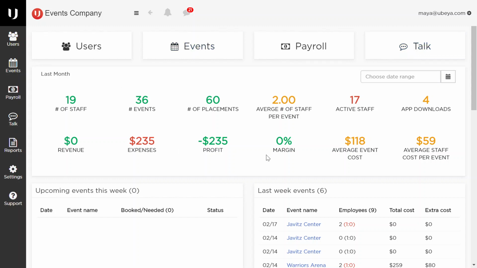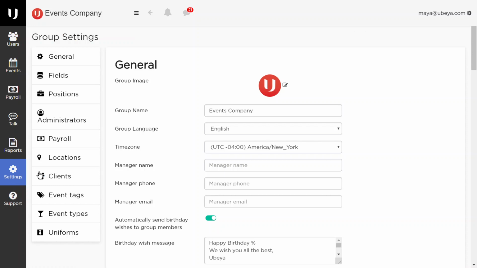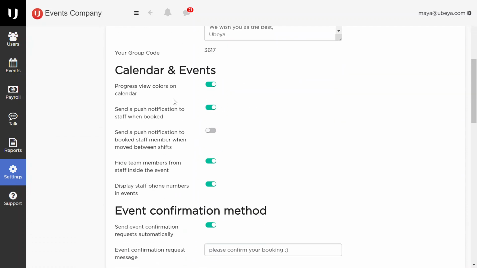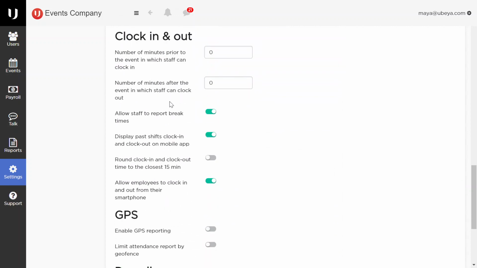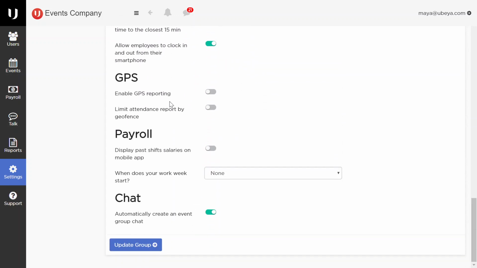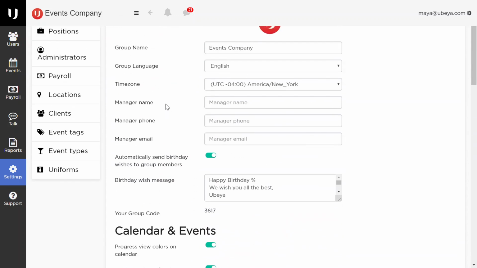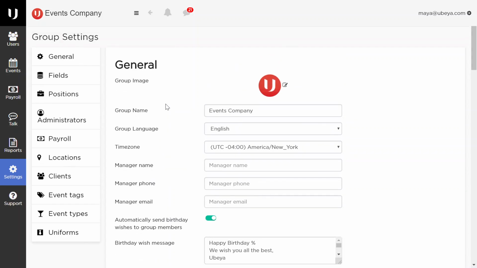Here you can see a little bit of statistics from the last month that went on in your company. In your group settings, there are a lot of different configurations that you could set up, like notifications and confirmation methods and the clock in and out mechanism, GPS, and payroll. I don't want to overwhelm you, but just know that they exist and you can contact your account manager if